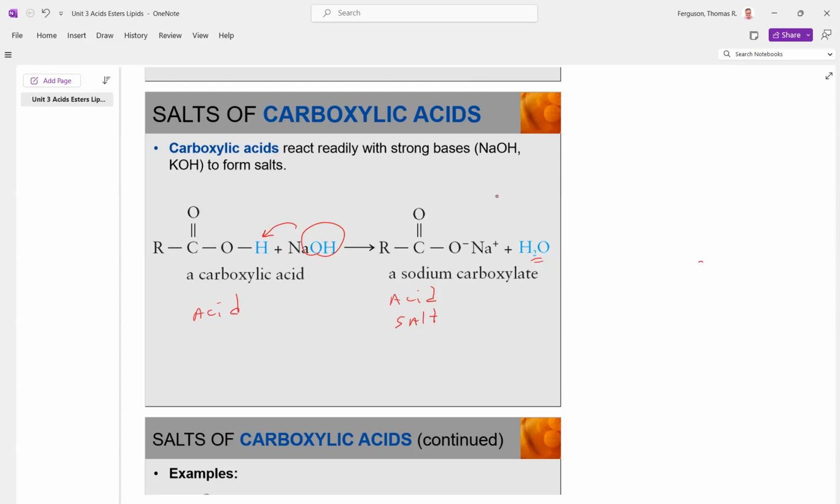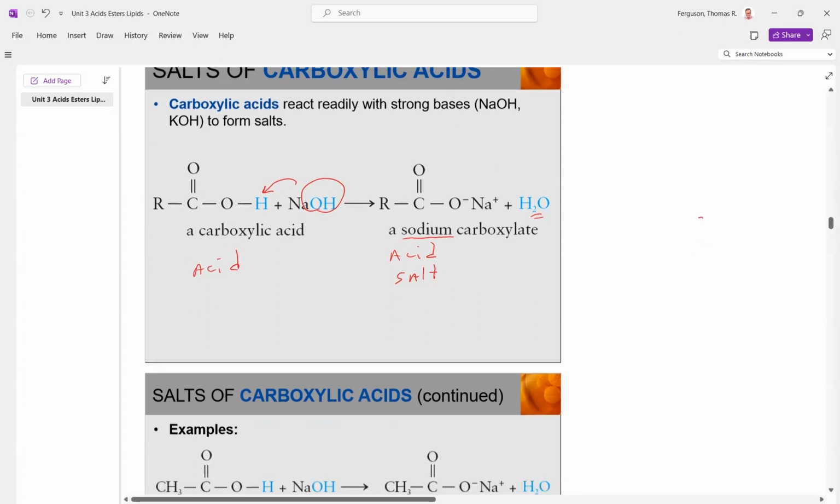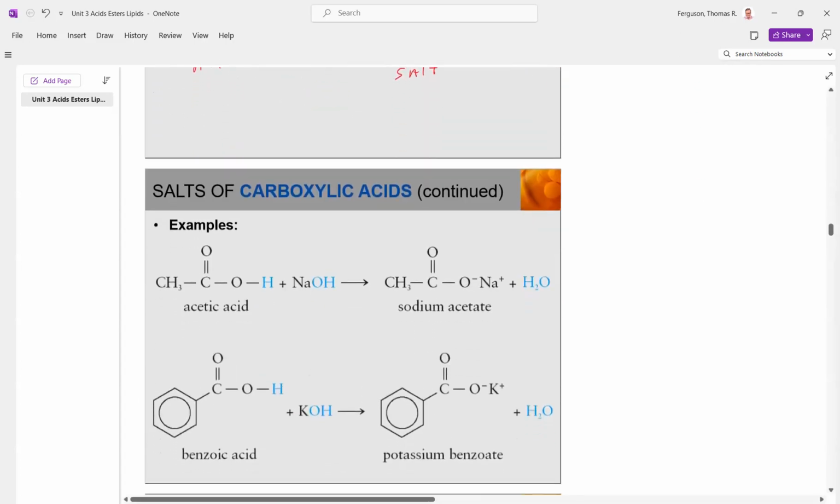When you name an acid salt, the first thing you do is name the corresponding cation that came with the base. In this case, it's sodium hydroxide. Say we were taking a strong base with acetic acid. Again, this grabs that hydrogen, forms the water, and we're left with the